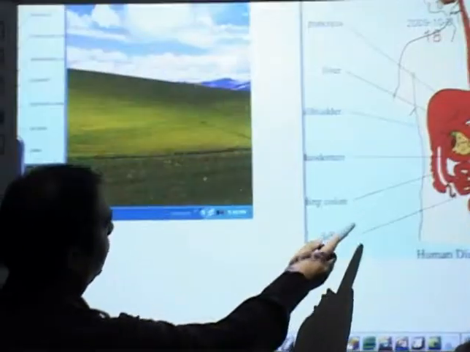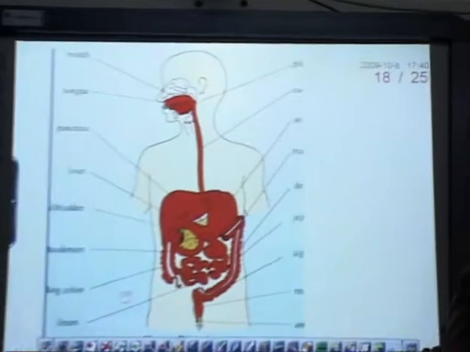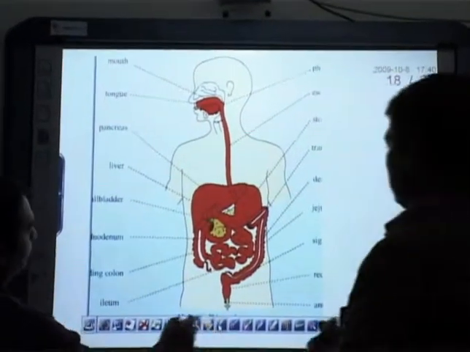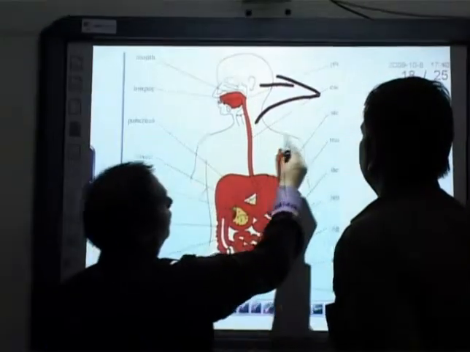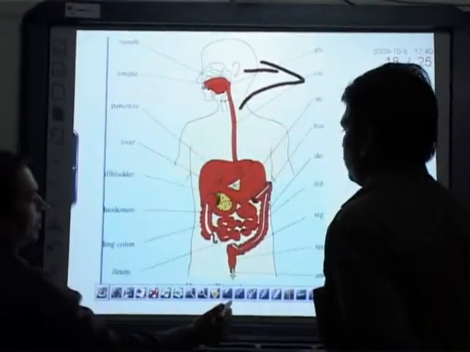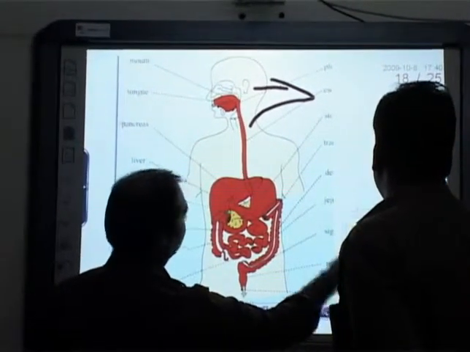And if you want to zoom in and zoom out, we can see the image like this. If you want to make some annotation over there, suppose you want to explain that particular area, you can select that area, select a marker, select the width of the pen, select different colors of pen, and straight away you can mark.